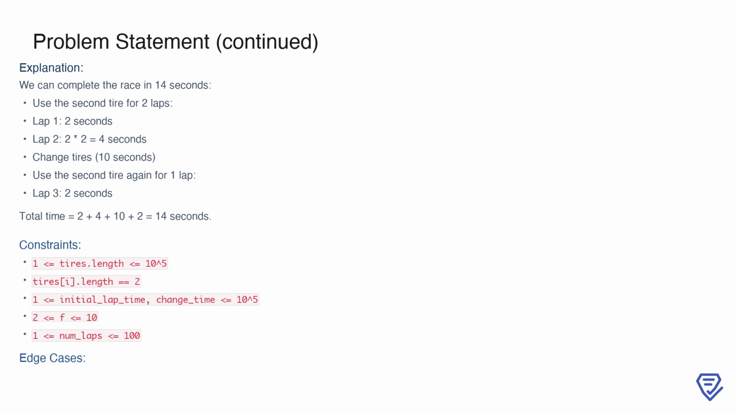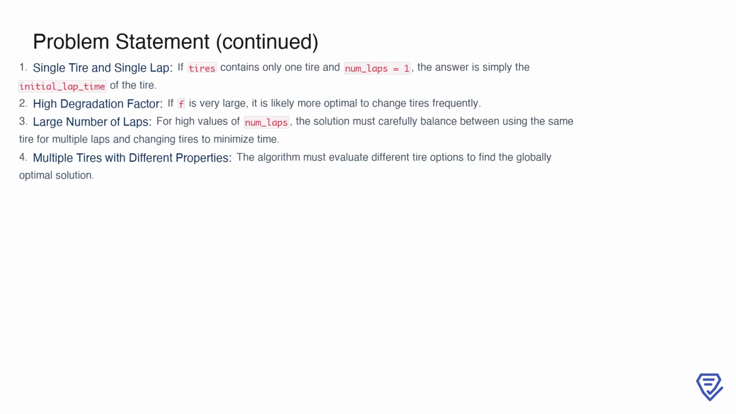Summing these times, 2, 4, 10, and 2 gives a total of 14 seconds. This is the minimum time required to finish the race in this scenario. Let's also consider some constraints and edge cases to better understand the problem. There are a few important edge cases to consider in this problem. First, if there's only one tire available and only one lap to complete, the minimum time is simply the initial_lap_time